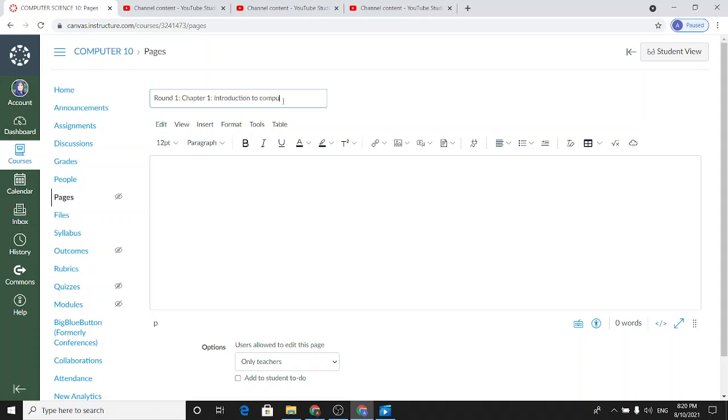to computer. Now after writing your title, you can use this rich text box. From here you can select different options. This is the menu bar and this is the toolbar.